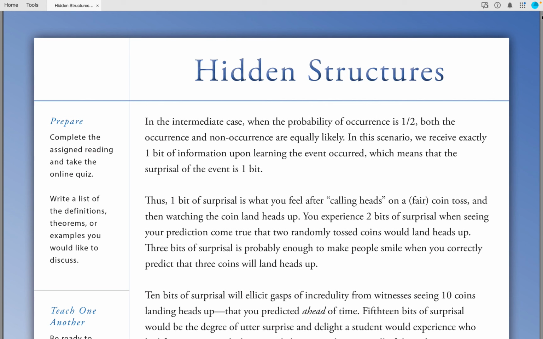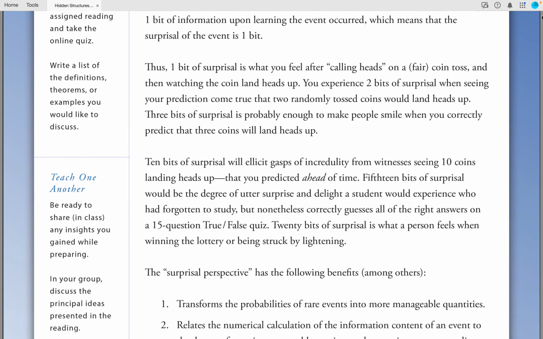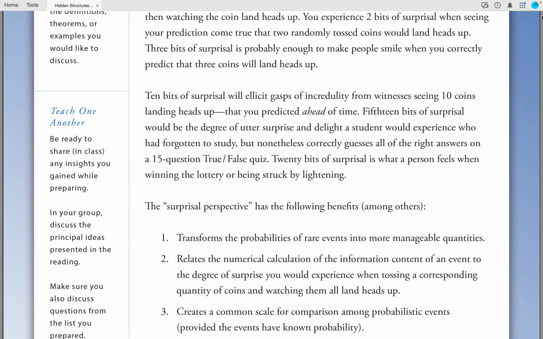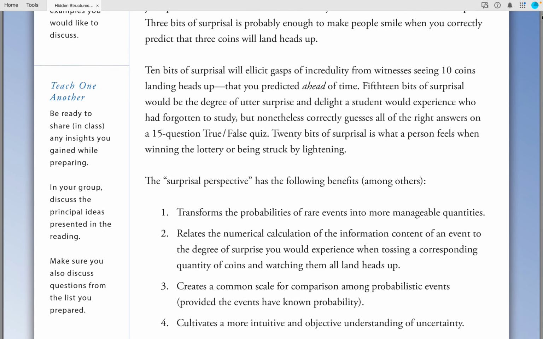Thus, 1 bit of surprisal is what you feel after calling heads on a fair coin toss and then watching the coin land heads up. You experience 2 bits of surprisal when seeing your prediction come true that 2 randomly tossed coins would land heads up. 3 bits of surprisal is probably enough to make people smile when you correctly predict that the 3 coins will land heads up. 10 bits of surprisal will elicit a gasp of incredulity from witnesses seeing 10 coins landing heads up that you